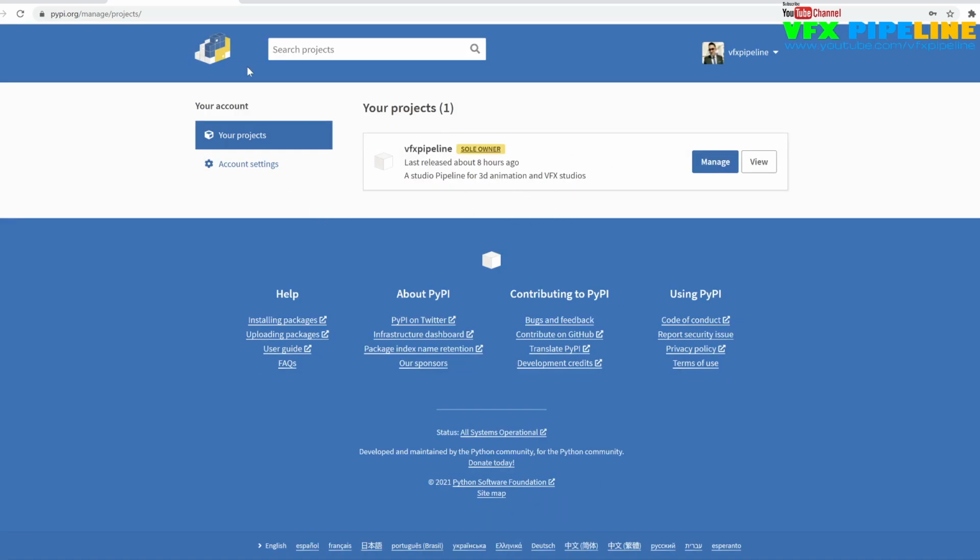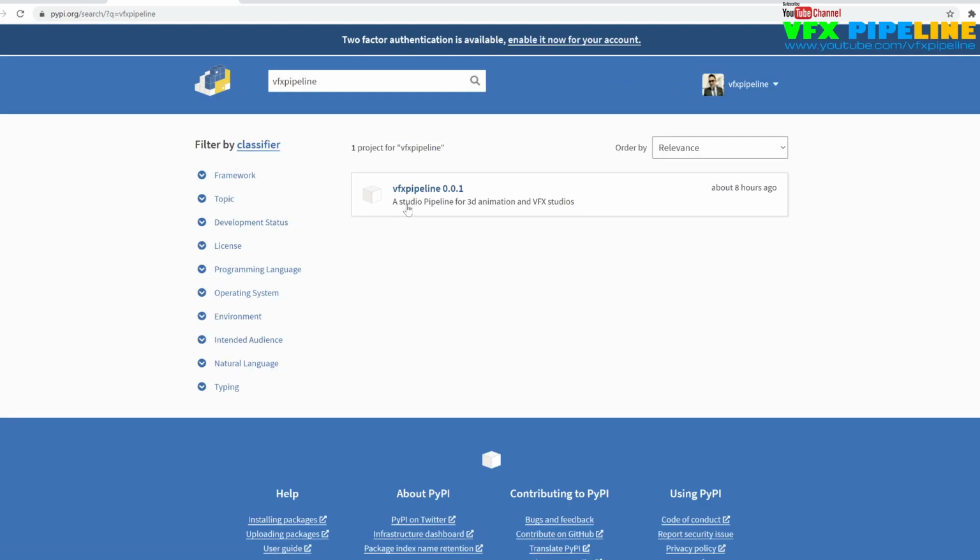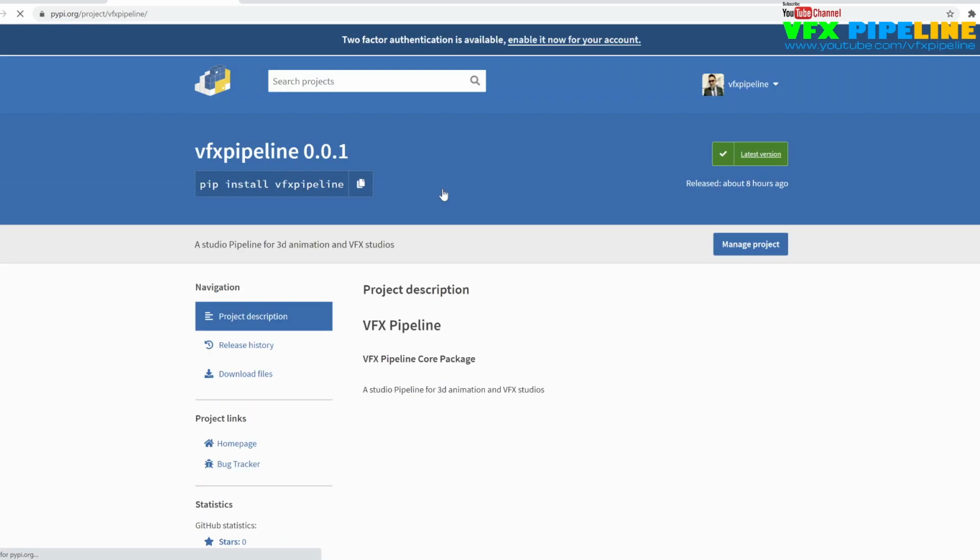Now let me go to the main page, and if I search here, for example, VFX Pipeline, okay. Here you can see VFX Pipeline 0.0.1, Studio Pipeline for 3D animation in VFX Studio. Once you click there, you will see pip install VFX Pipeline, and this is just uploaded by me. I definitely have plans to make this VFX Pipeline package much more useful for you guys.